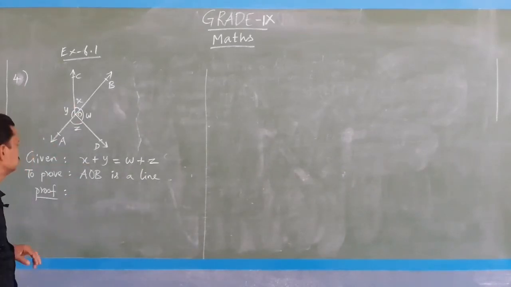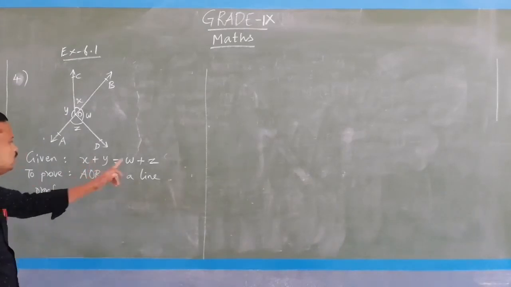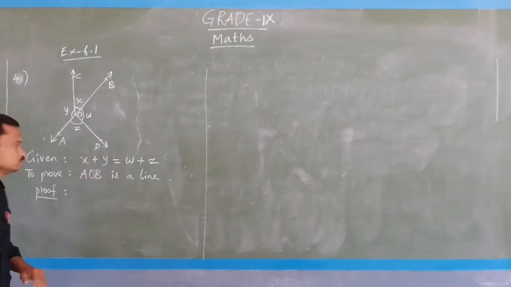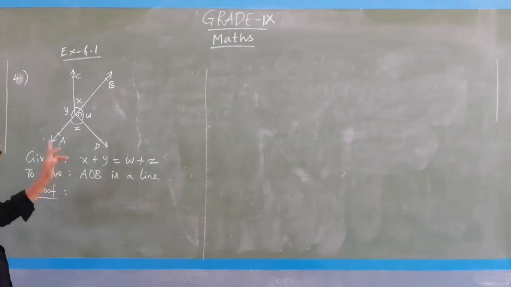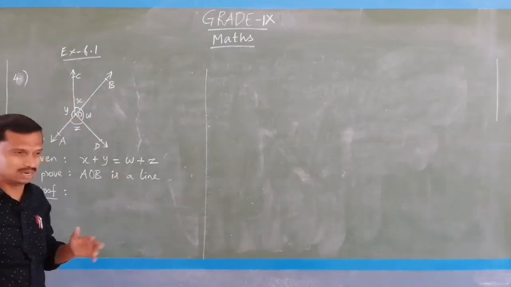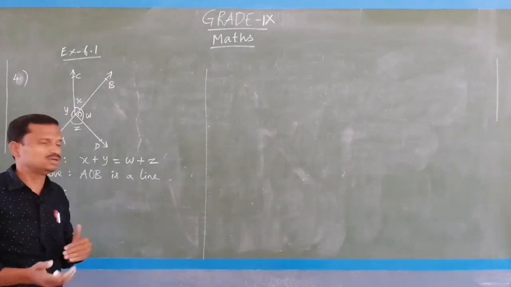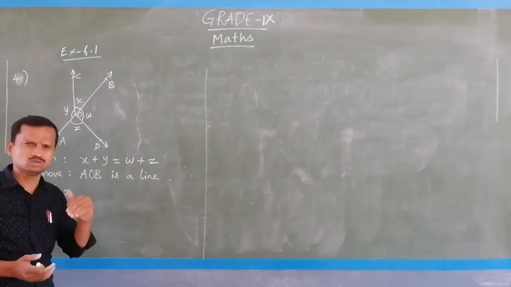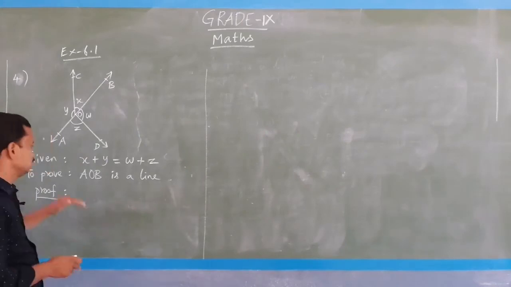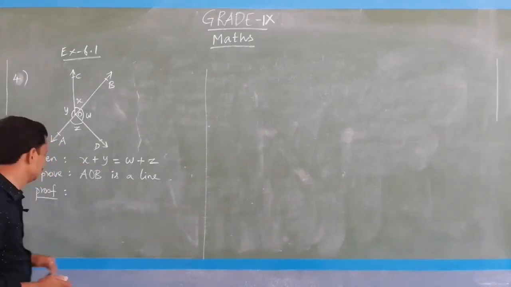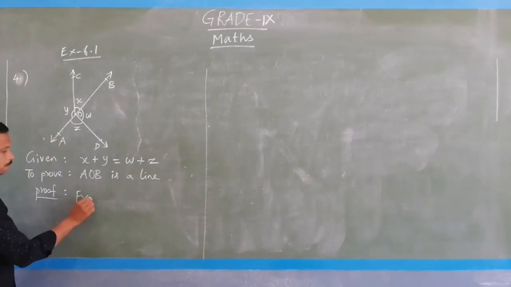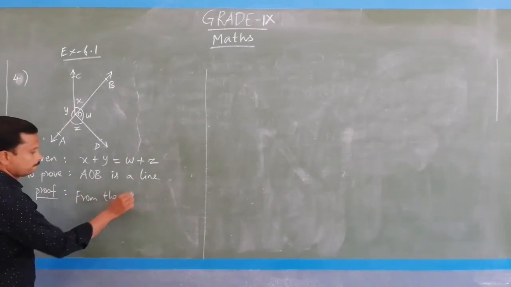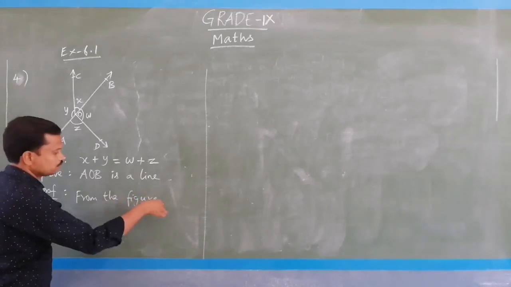All these, x, y, z and w, are small letters. The given part is x plus y equal to w plus z. So, x plus y equal to w plus z is given, and they ask to prove AOB is a line. From the figure it looks like a line, but we have to prove it. AOB is a line. So, in the proof part, from this figure, we have